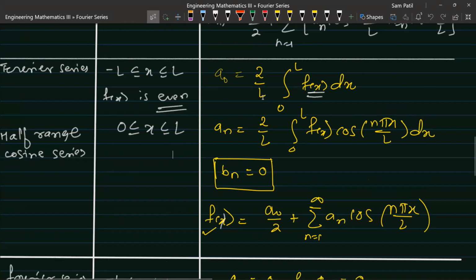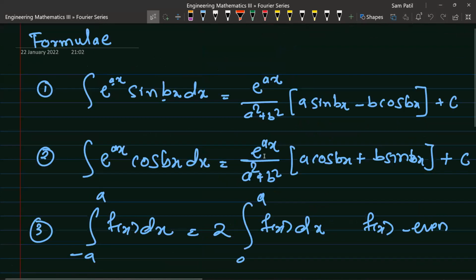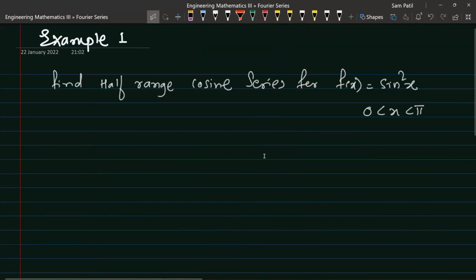Am I right? So the function f(x) is equal to a naught upon 2 plus summation n equal to 1 to infinity a n cos n pi x upon L, and b n is 0 here. There is no need to find b n. Therefore, the half range Fourier cosine series is given by